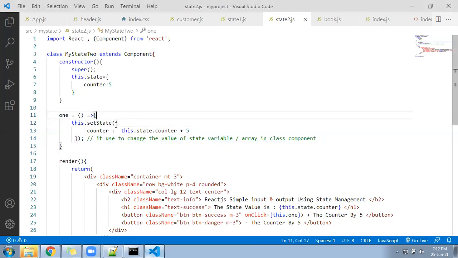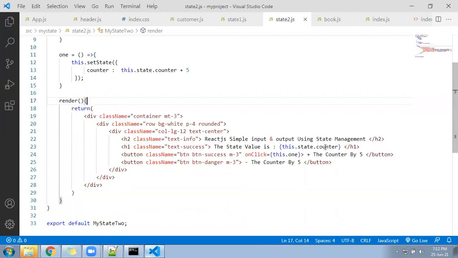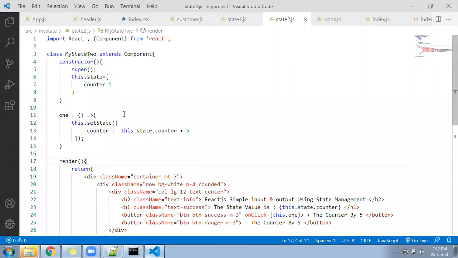You change the variable of counter, and your counter is printing under the render function. See the connection, you need to understand how the communication is going to happen. Then only you can be clear in state management. Look here, the counter variable we have printed inside which function? Render function, correct? We have printed the counter variable under the render function, and you are incrementing the counter variable under function one, correct? We are replacing or incrementing the value of counter under function one.